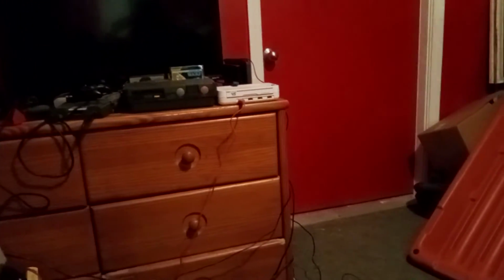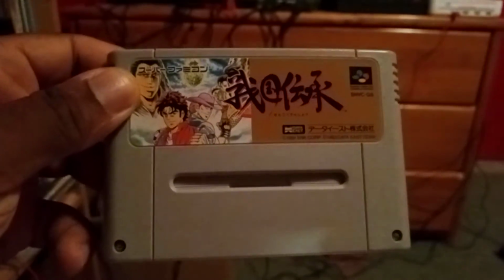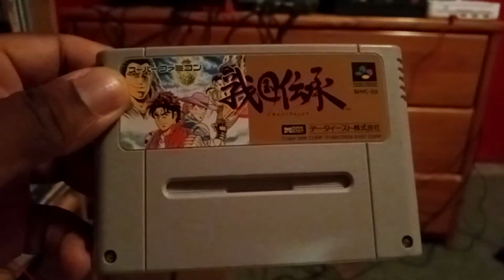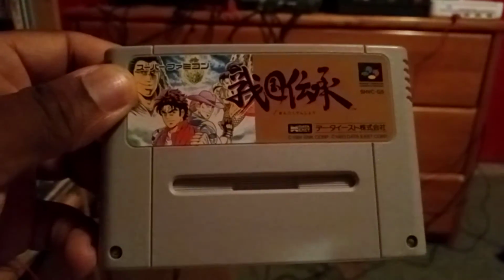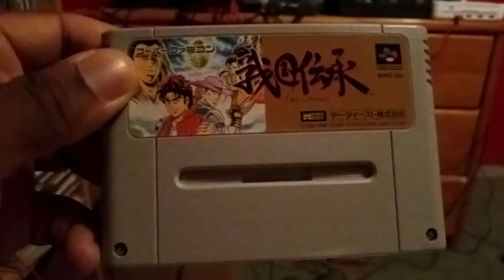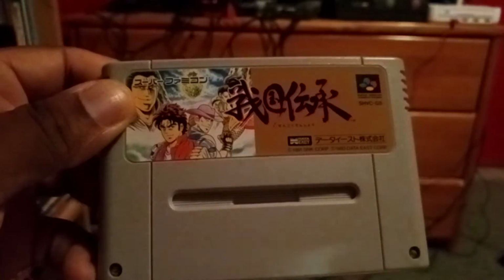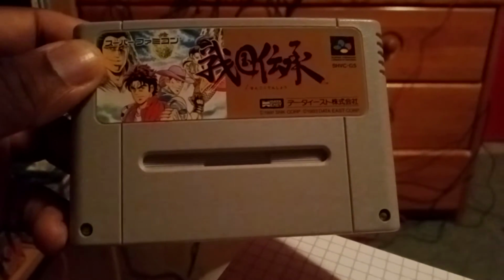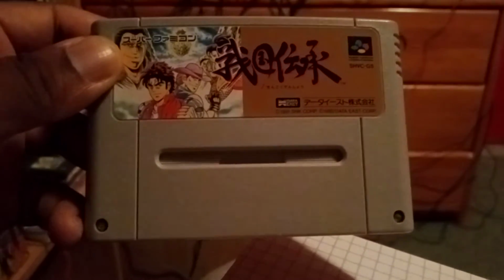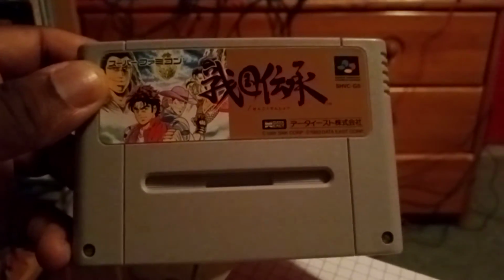So, I end up getting Sengoku for the Super Famicom. Now, this is based on the original Neo Geo game, even though from what I hear, this port of the game is slightly different. But I gotta be honest, I never played the original Sengoku game. I've only played Sengoku 3 on the Neo Geo,